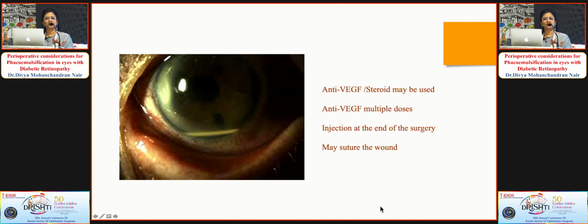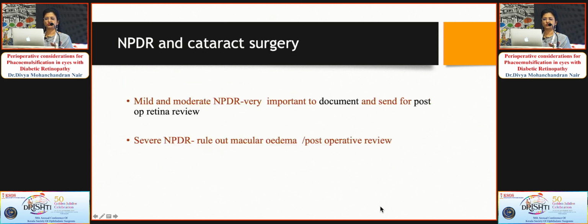Though the DEX implant may have to be repeated after 4 months. And ideally, it is to be done at the end of the phaco surgery after all the viscoelastic and everything is washed out, in the infratemporal quadrant. And if you're doubtful about any wound leaks, you can ask the surgeon to just suture the wound for you. So when there is diabetic retinopathy alone without macular edema, better document and send for a post-op retina review